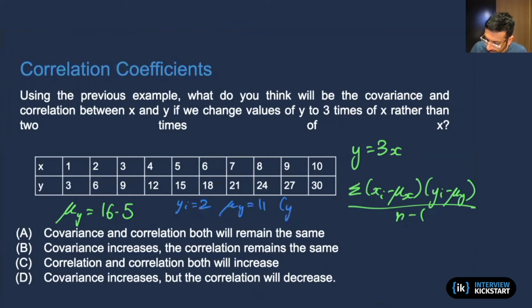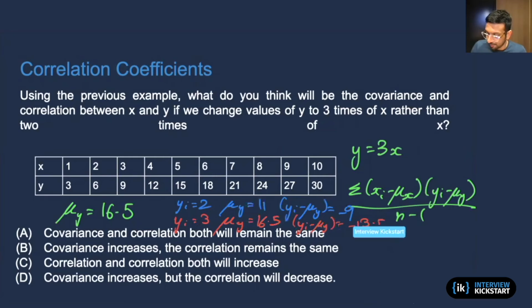And so yi minus mu y is equal to -9, right? And in this case, we have yi is equal to 3 and mu y is equal to 16.5. So yi minus mu y is equal to -13.5. So right off the bat, we see that there is a much larger spread in the values of yi